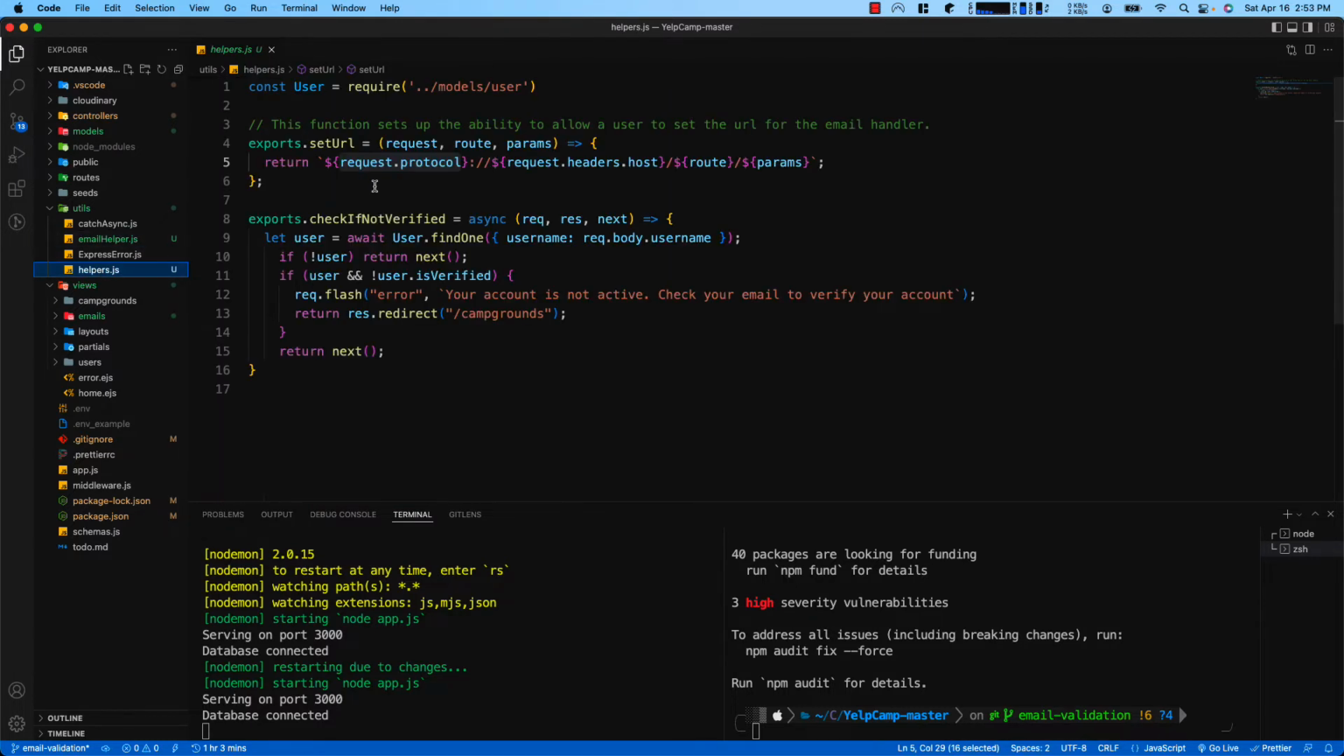The helper file does 2 things. This is kind of like a middleware file. The set URL takes in the request, the route, and parameters. So when you're sending an email and you create a verification link, when you're building it out in development, obviously you're just going to send them back to localhost. But when you go into production, you have to go back in and change everything. Doing it this way,